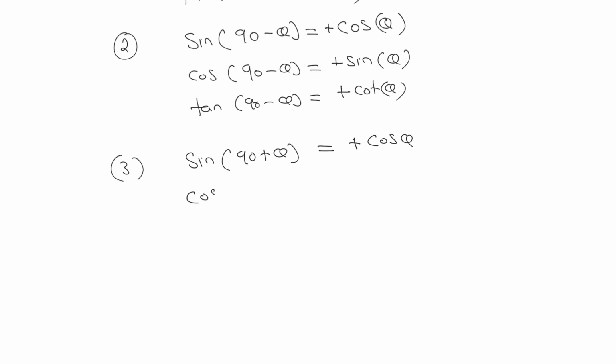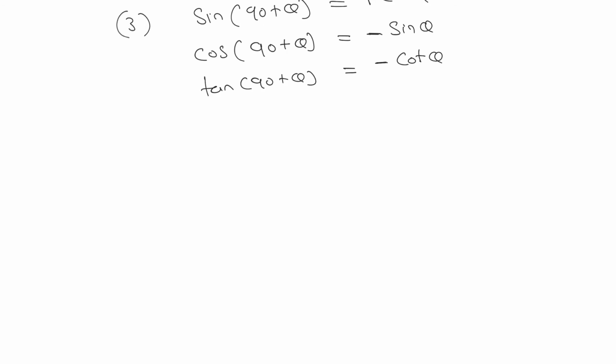We can take another example. Let's say cos of 90 plus theta. This is in the second quadrant, and in the second quadrant cos theta is a negative value. So the answer should be minus, and we are writing cos 90 plus theta, so cos will convert into sine. So it will be equal to minus sine theta. Same as that, if it is tan 90 plus theta, tan theta is negative in the second quadrant, and 90 plus means tan will convert into cot. So the answer will be equal to minus cot theta.